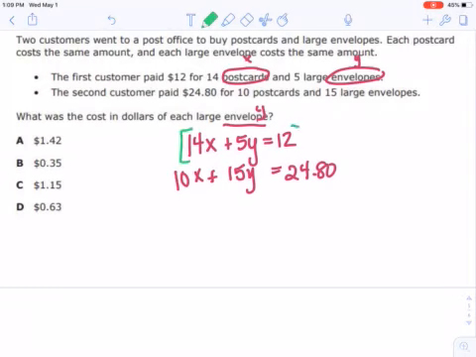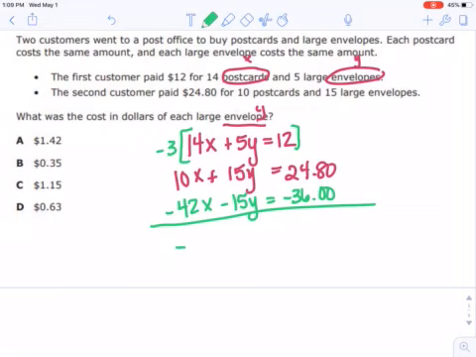I'm going to multiply this top equation by -3. Okay, so by doing so, I'm going to change this into -15y, which is going to help me eliminate that y variable. So, when I add these together, I'm going to get -32x equals, I'm using a calculator just so I don't mess up my video and have to start over, -11.20. Divide both sides by -32, and x is going to equal